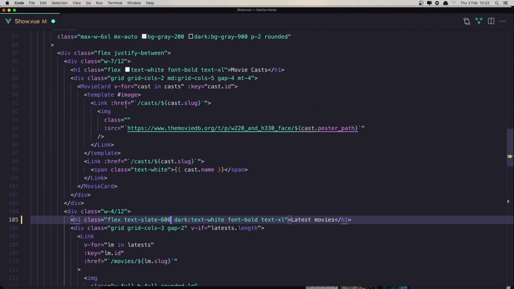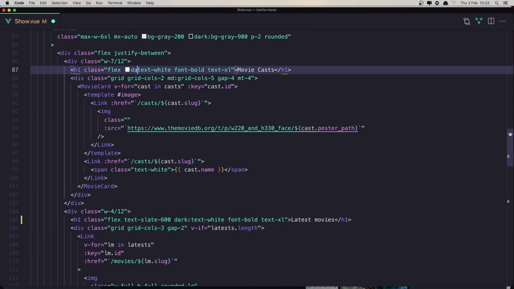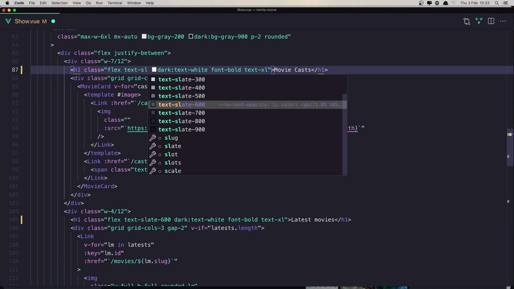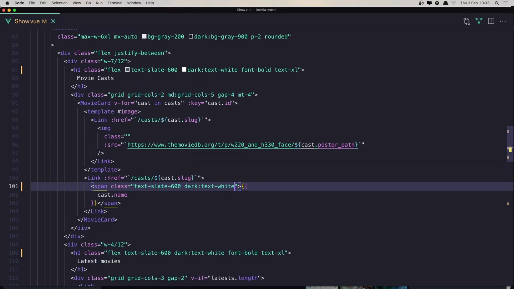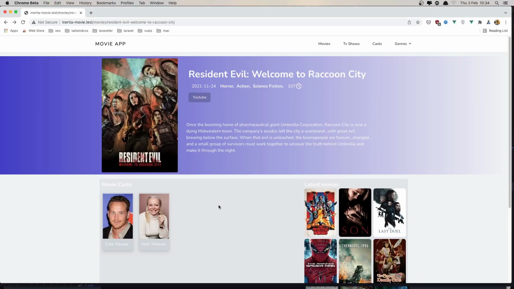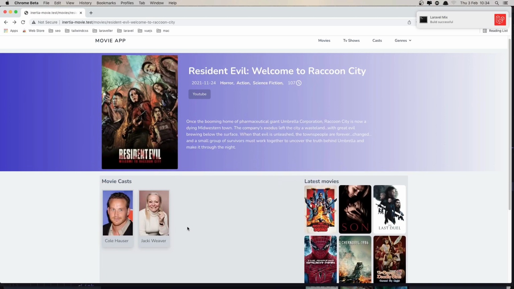The same thing for the movie cast here. So for dark mode, text white. Otherwise it's text slate 600, and the same thing for the name. So copy this one and paste it here. Save. Come here. Refresh. And now, yeah, we have the